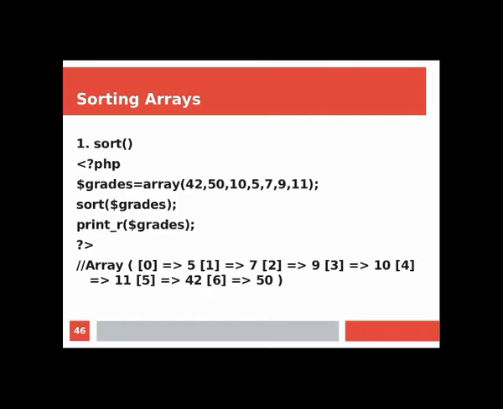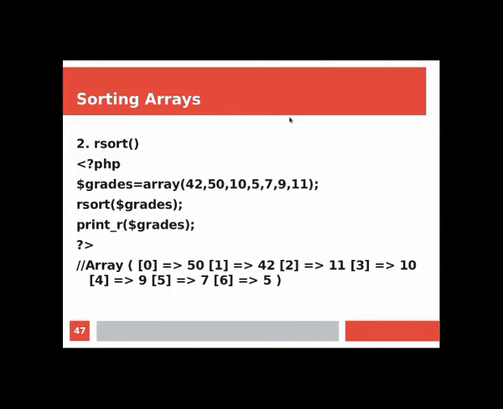So, in this way the sorting will be done, that means ascending order sorting. Hence 5 is the smallest value, so it is printed first. Then 7 is the next value. Again, increasing in ascending order, next is 9 at the third position, then 10 at fourth, 11 at fifth, 42 at sixth, and 50 at the last, that is the seventh position. As the array starts with subscript 0, the last subscript is 6 and has the value 50.